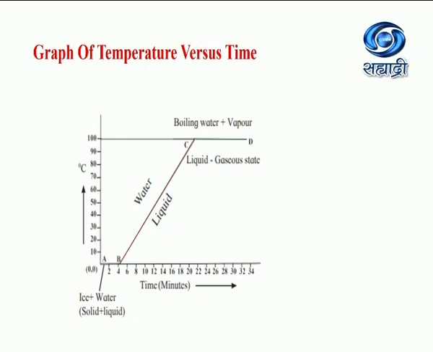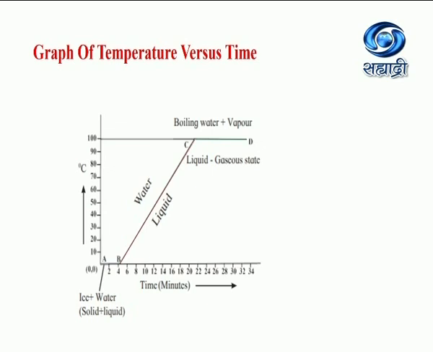The heat energy absorbed by water is used to break bonds between molecules of liquid and to convert liquid into gaseous state. Therefore, heat is absorbed by the liquid, but its temperature does not change. The heat energy absorbed at constant temperature during transformation of liquid into gaseous state is called latent heat of vaporization.